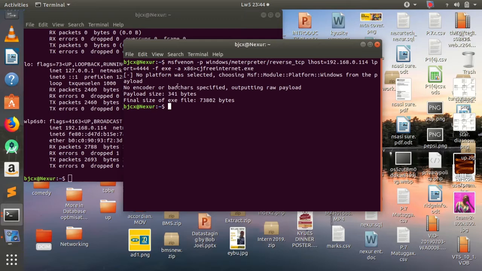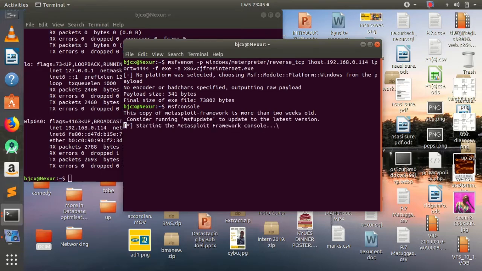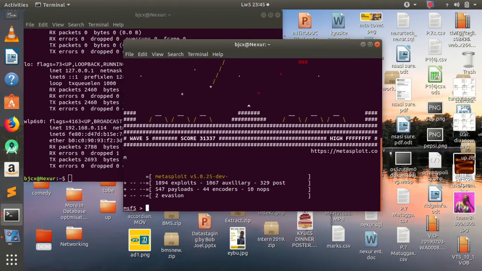So after it has done all this, we have created our payload, we shall start our msfconsole. Hope you're following. Give it some time to start. It's loading Metasploit. In case you're using Ubuntu, you have to first install Metasploit. Yeah, since it's done,